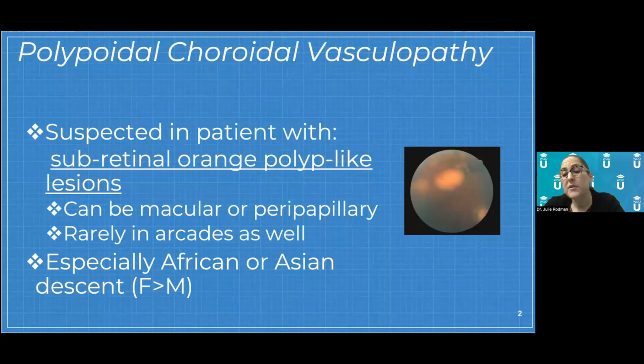So if you think about the pictures I showed at the very beginning, I showed you that there were varying stages or degrees of this presentation. There were some resolved lesions, some bleeding, some resolved lesions. That's the nature of what this disease does. It kind of comes and goes and comes and goes. And usually patients don't know that they have it until the macula is affected. And so when we see patients with these large PEDs or choroidal bleeding or subretinal bleeding, in African-American patients, we tend to kind of think along the lines, maybe that's polypoidal and not your regular AMD.